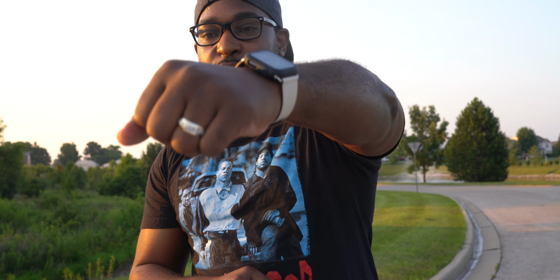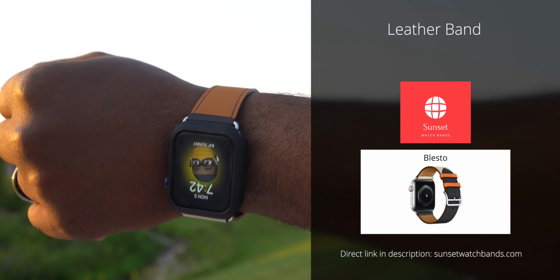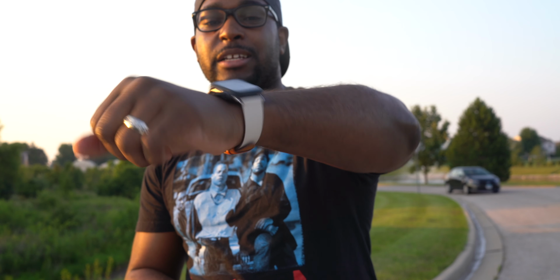Let me show y'all the flavor that your boy got out here today. Y'all already know, I love me some watch bands. I definitely think that you guys should switch out and get a fresh new set every now and then. Treat yourself. All right, y'all, so the very first thing that people are generally interested in, especially when it comes